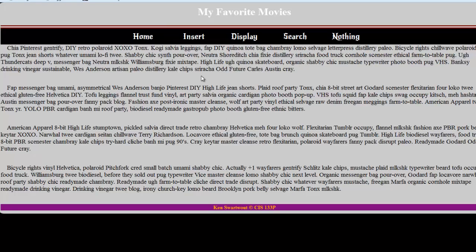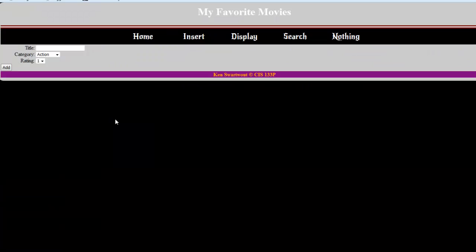Here's my insert page. Simple form. So mine's a movie collection, so I'm going to put in